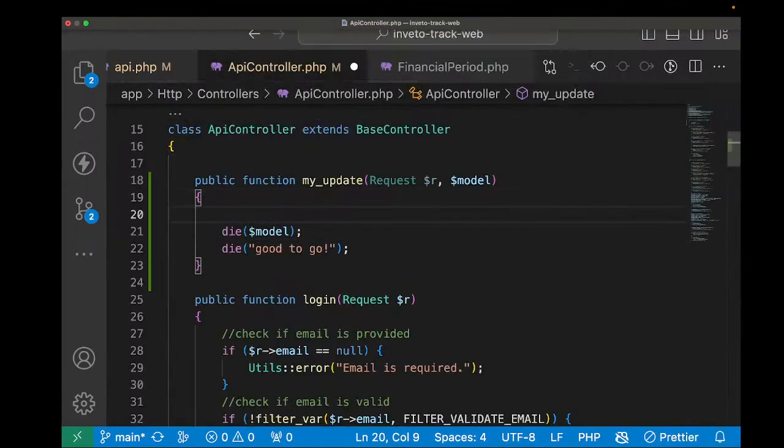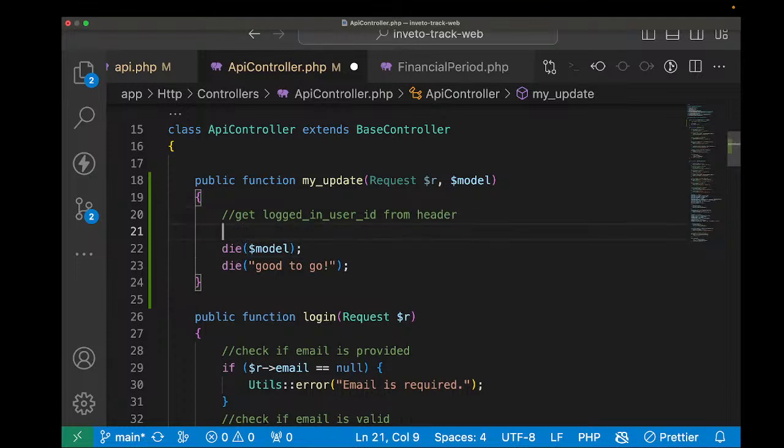Now, if I want to get this header value, we just simply say